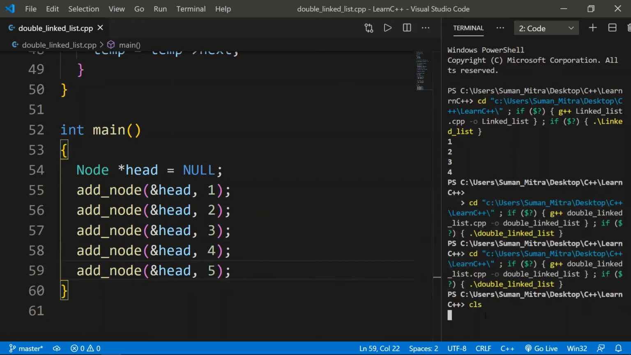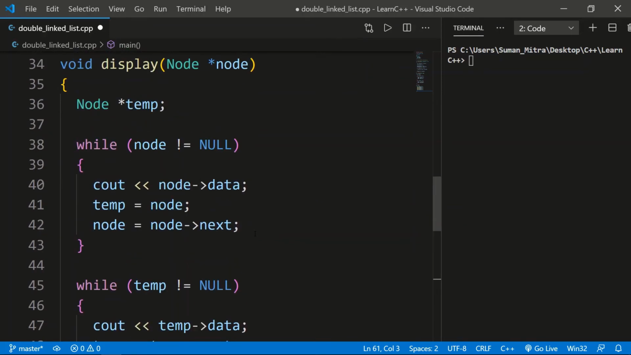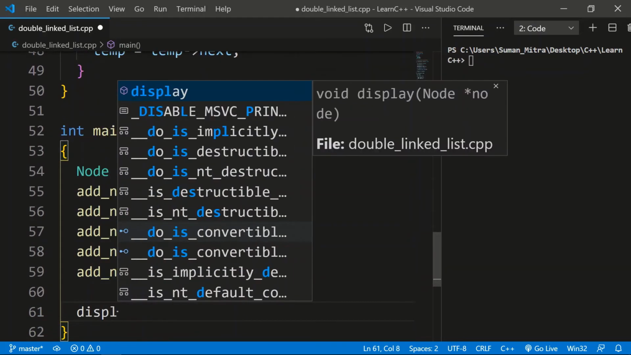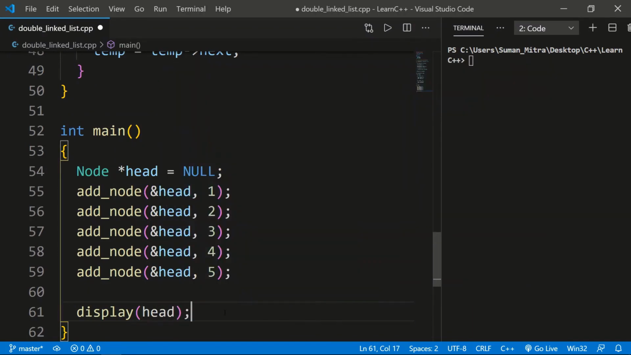Now let's display what we added. So let's call the display function. The name of the display function was just display. We'll write display and pass the head inside it. And if you just run this now,